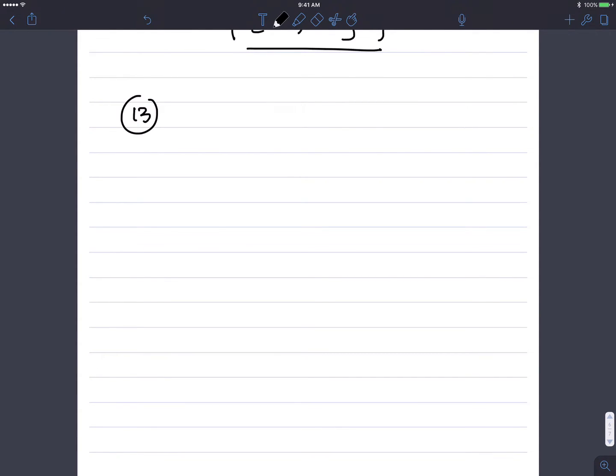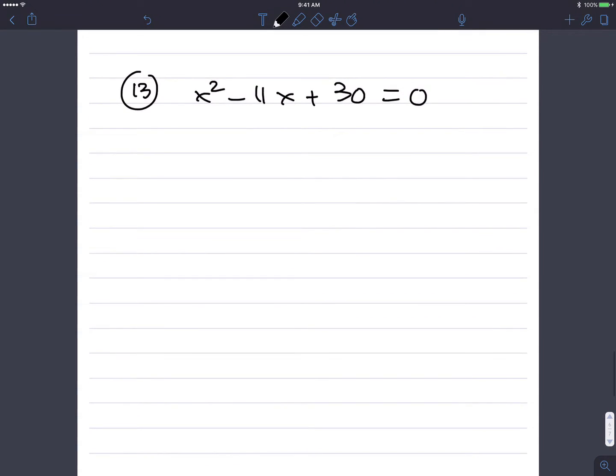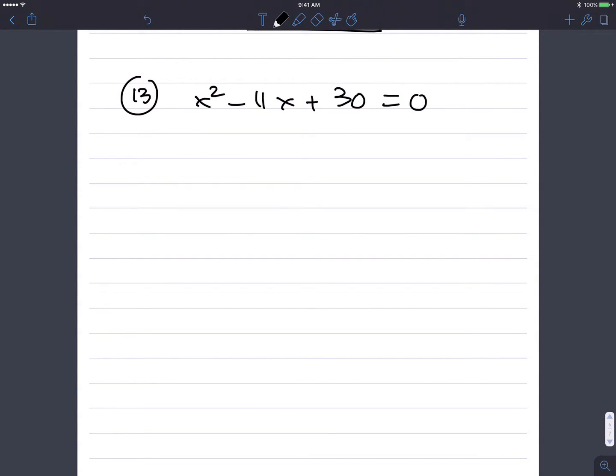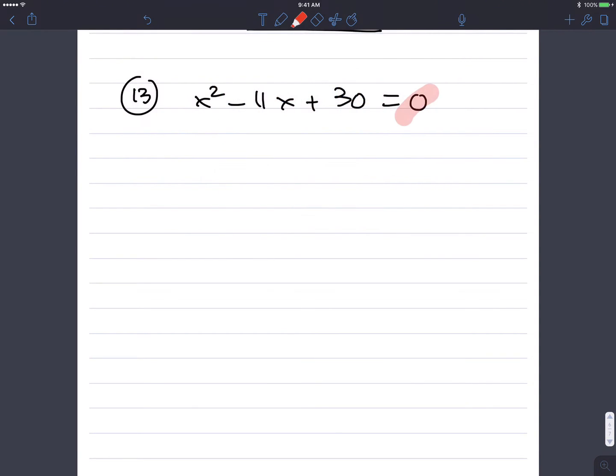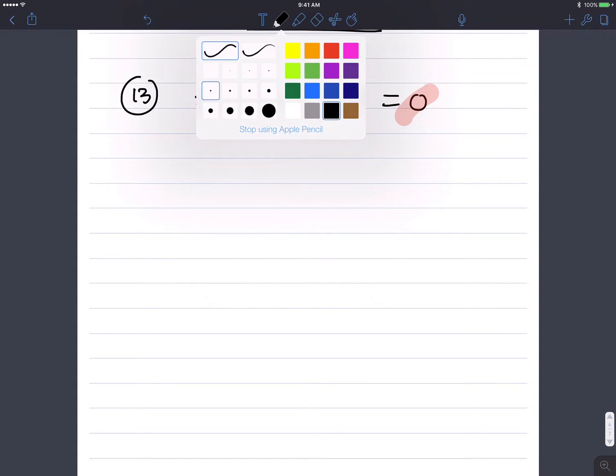They have x squared minus 11x plus 30 is 0. Okay? Now the good news is we have 0 already. So that's good. That's different than what we had before. But what's the problem though? You don't have a product. You have a sum and difference. So how do you get a product? Yep, we're going to